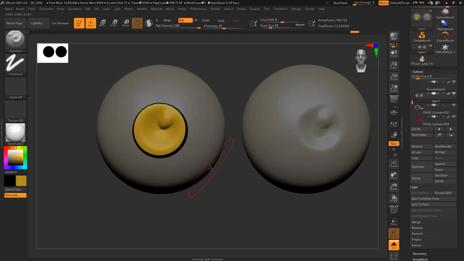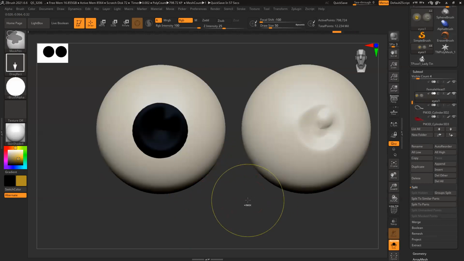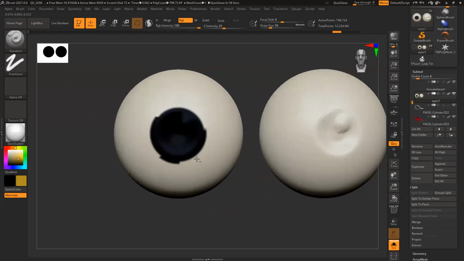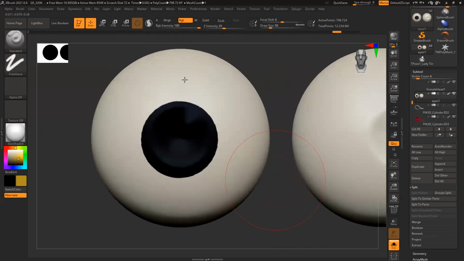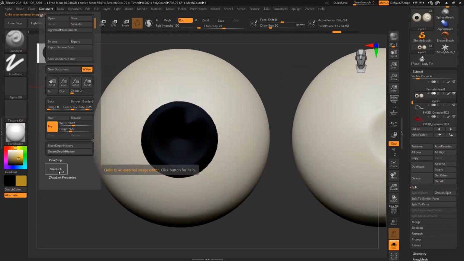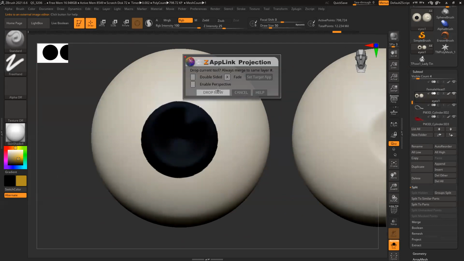That is something I personally prefer most. So I created this black ball, and inside this I have to create the entire thing. The super easy way that you can do is keep it like this. Go to Document, there's something called ZApplink. Click on this, drop now.